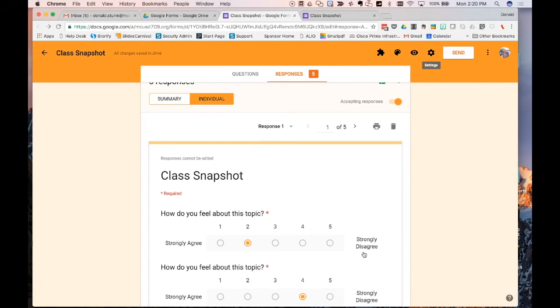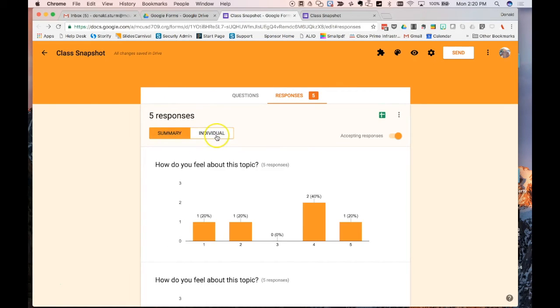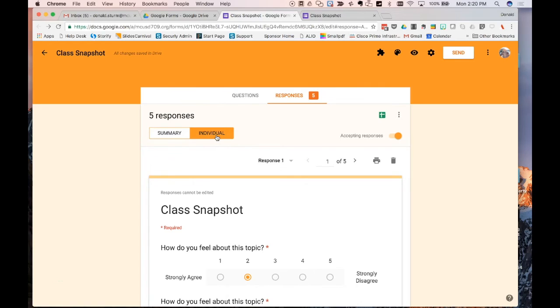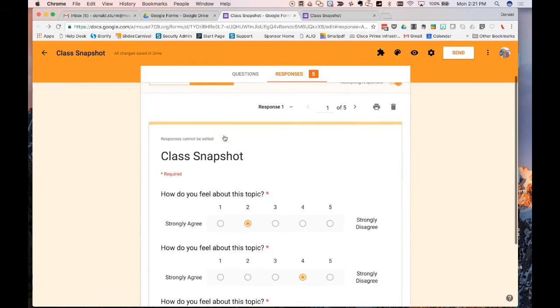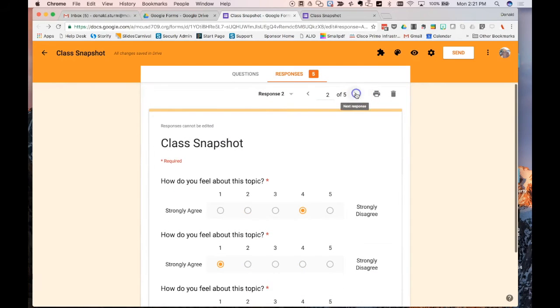say, more useful, in that you not only see the class summary, but now you can see, and particularly if it's content related, okay, the class seems to understand this as a whole, but I've got a few people out there that don't seem to understand it. Now you look at the individual results of what students put, and now you can, as always, target that differentiation of how are you going to handle these 4 or 5 students that are really struggling with